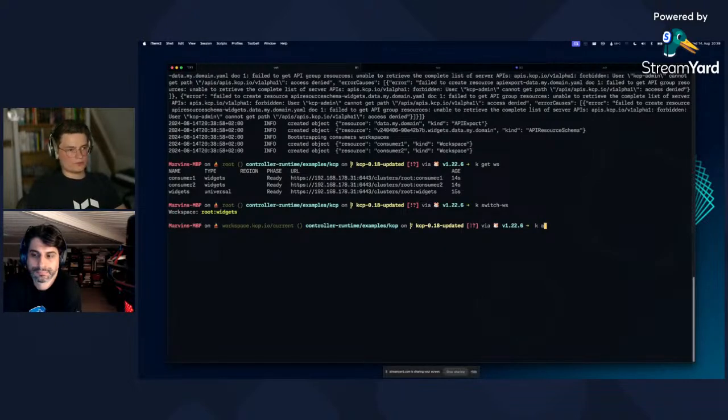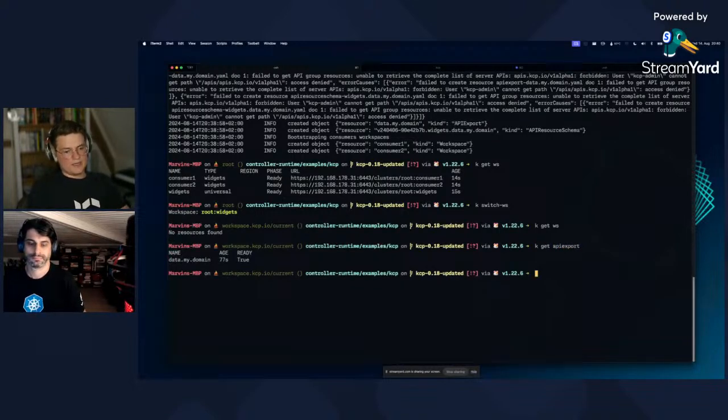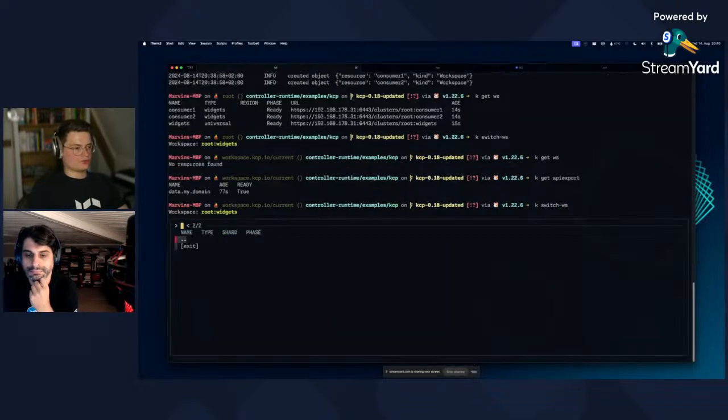And that also means that now we're first going to check, what's the list of workspaces in this workspace. There are none here because there are no child workspaces nested into this one. But what is here is an API export. So this is basically what we talked about earlier. This is where a service provider defined their API and made it available. So this is the API export. On this side, I want to provide a service. If we now switch to consumers,